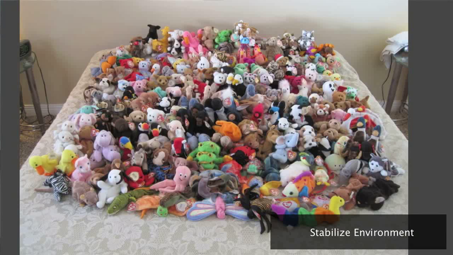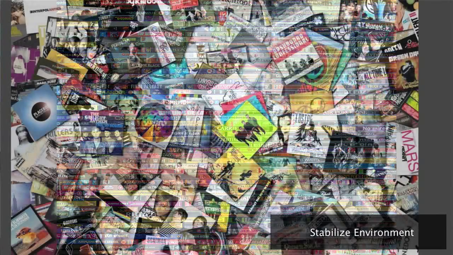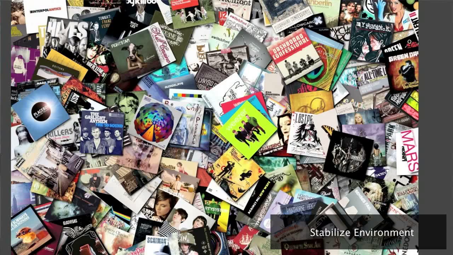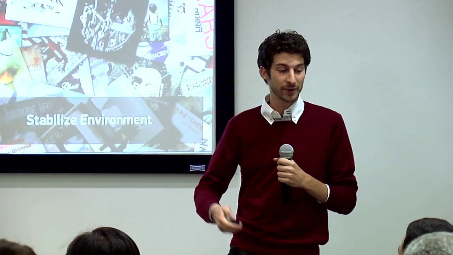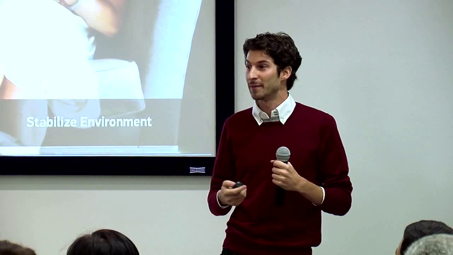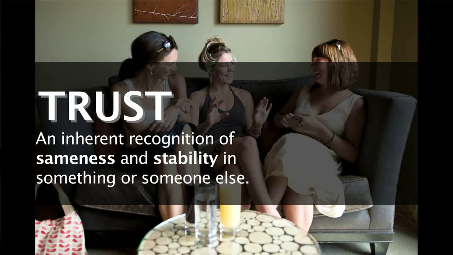Everybody does this, right? Okay, this is good. We collect movies, maybe, or we watch really good films. We have sets of music that we like. Obviously, there's a lot of music out there. The kind of music that's in your collection says something about who you are, makes you feel comfortable. It's a reflection of who you are. We also collect people. We collect friends, people who mirror us in some way, people who care about us, who we care about. Again, it's all based on this notion of trust, inherent recognition of sameness and stability in something or someone else. That's what we do.